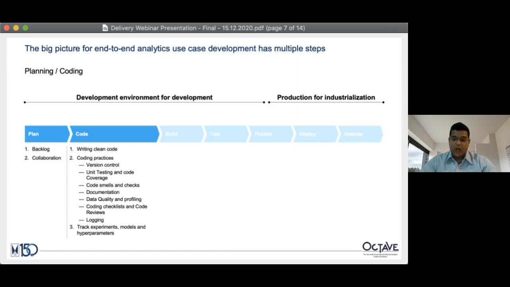And in terms of documentation, there's quite a lot of documentation that goes into it, but we try to automate as much of it as possible. So by the time we deliver, there's no extra effort. And also there will be very little technical debt associated with whatever we deliver to the business.